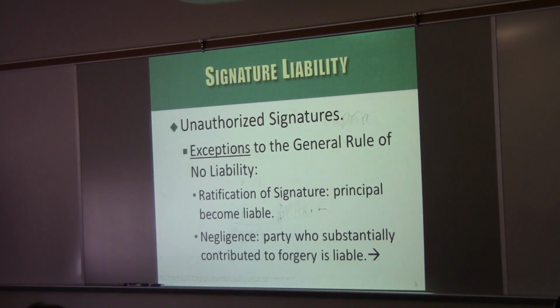Kelsey, you steal AJ's check and you sign AJ's name. I said that the bank is negligent because they should have checked the signature. Could it also be argued that AJ's negligent? What do you think, Cindy? How would AJ be negligent? Maybe she went to McDonald's and left her checkbook there. It's in a public place where it could be stolen.